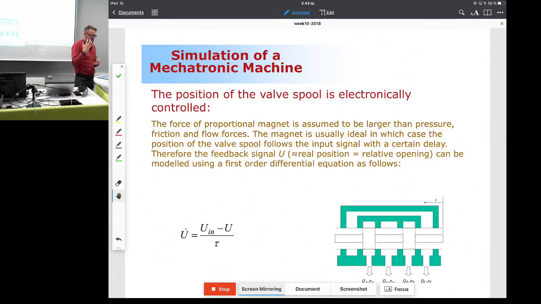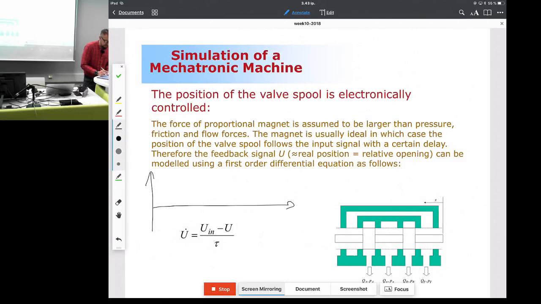Okay, we cannot make accurate models about the spool position if it is a case like that. But we have to do something about it. Because typically this is operated by an input signal, and the valve is capable of following the input signal with a certain limitation. So if, let me make a drawing, this is time, and this is spool position, and if the input signal is like this, then the spool is capable of following that